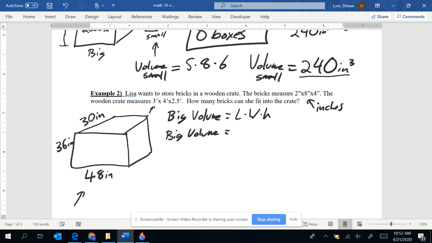Okay, so we're going to do that into our calculator. We're going to go 48 times 36 times 30 equals, and we get 51,840 inches cubed. So we get 51,840 cubic inches. Now, one brick is 2 inches